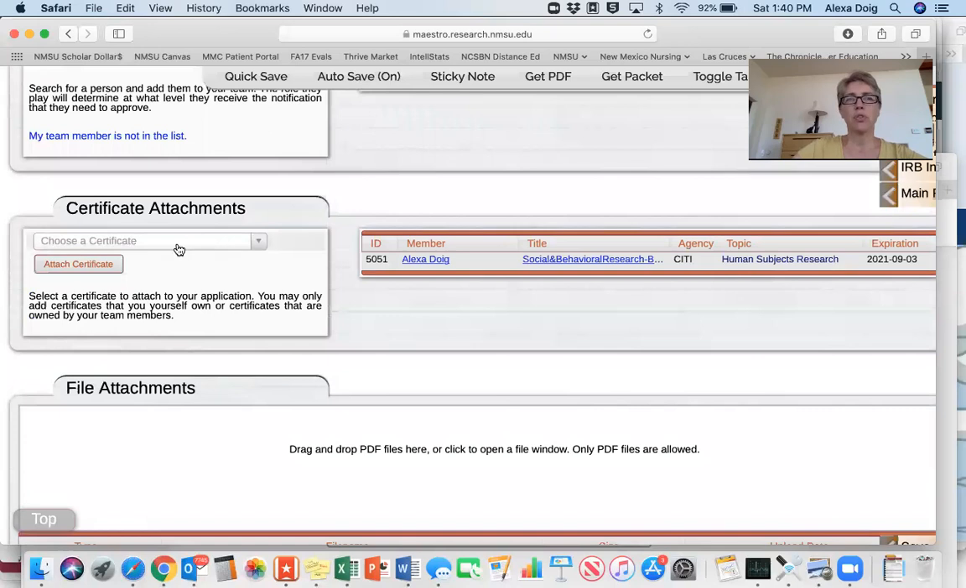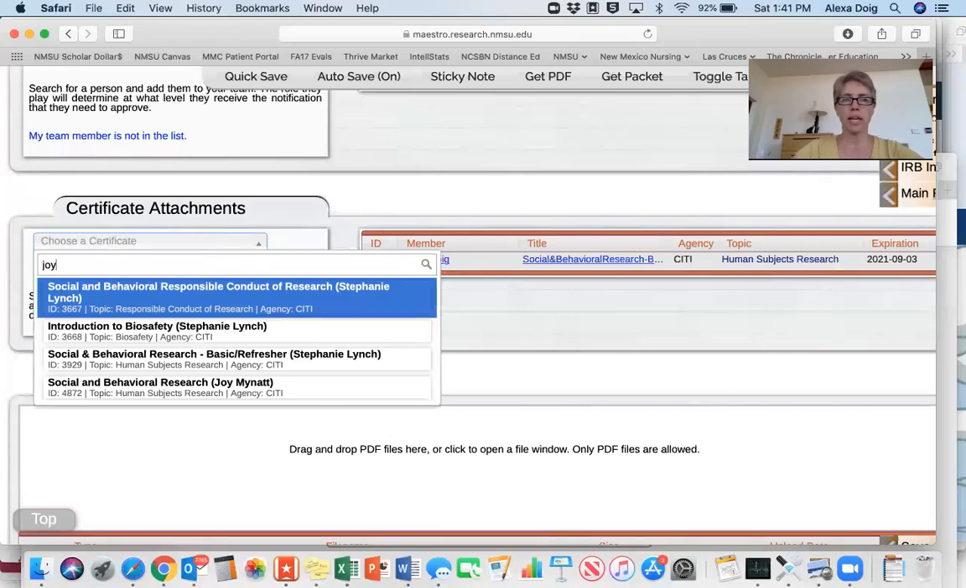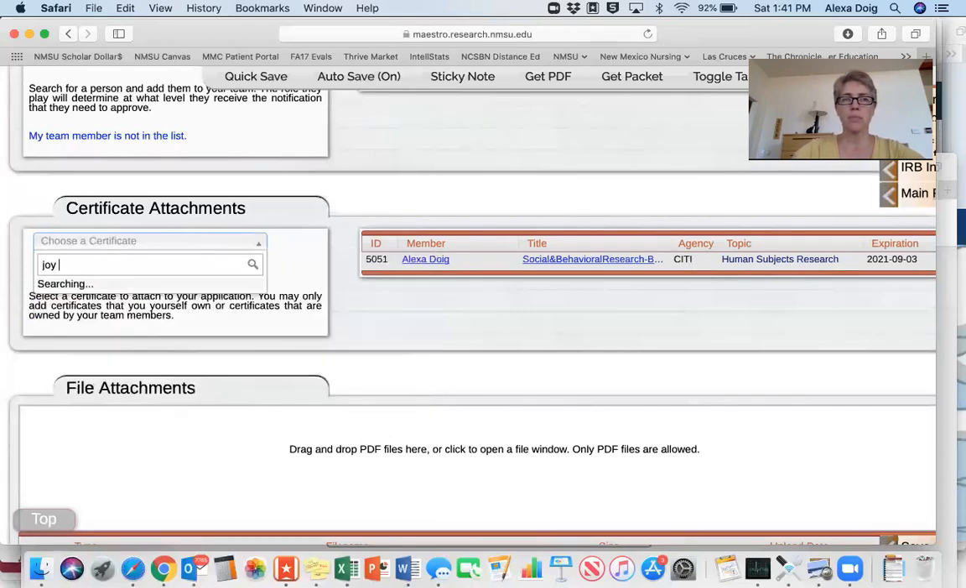Then what you have to do is add the human subjects research training, which we sometimes call CITI training. They are an agency out of Vanderbilt who have these human subjects research trainings. This is also known as responsible conduct of research training. And so you're going to go in, you're going to type your own name. So if this was Joy's application, she would go in, and we should be able to find,